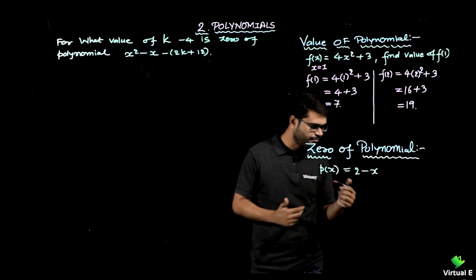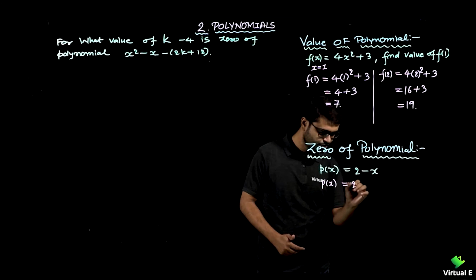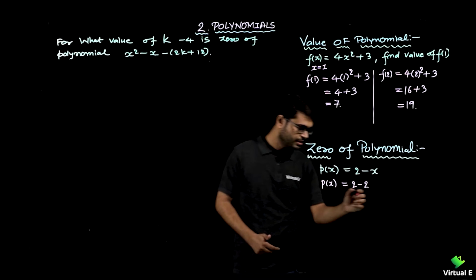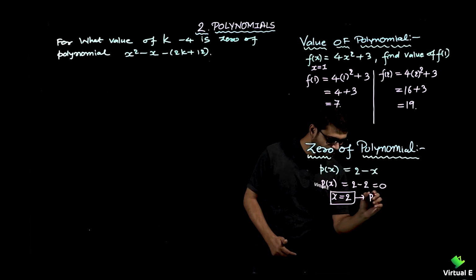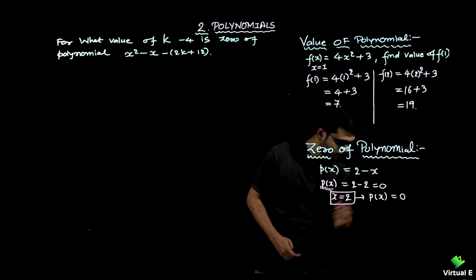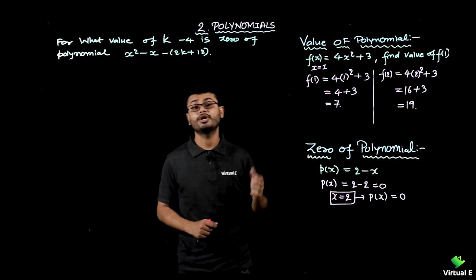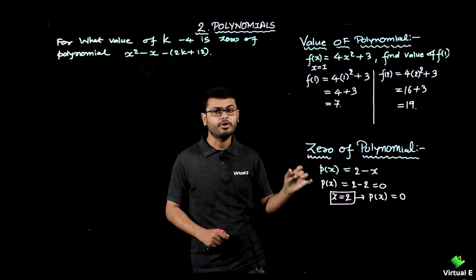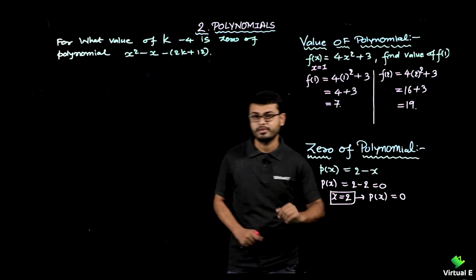Right, let's first do a little bit of mental calculation. So here p(x) is 2 minus x, and if I write x as 2, that will be 0. So if I take x = 2, my value of polynomial will become what? 0, right? So we want to find such points for different polynomials that if we substitute into the polynomial, our answer will be 0. This is what we want to do in the concept of zero of polynomial.